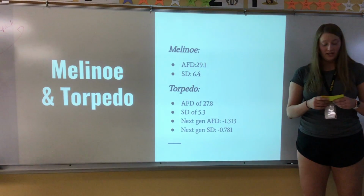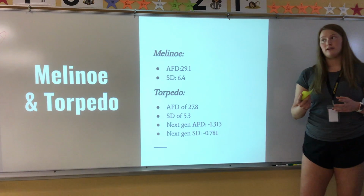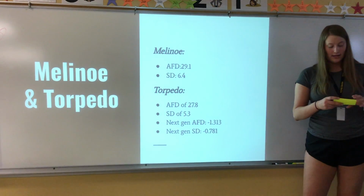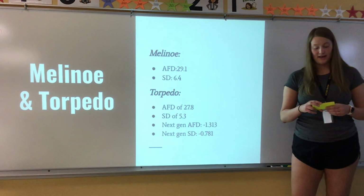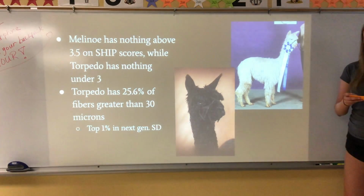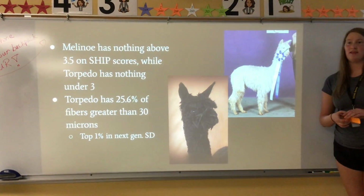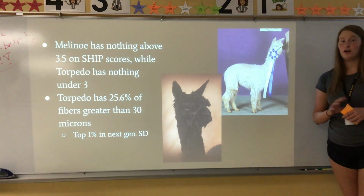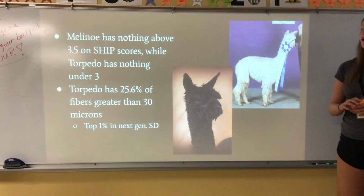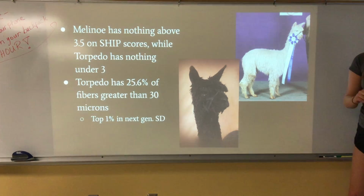Torpedo had really good standard deviation and average fiber diameter, very close to Zen, who we thought was our best male. He has really great next generation AFD and SD too, and he's in the top 1% of the next generation SD. He also had nothing below a 3 on his ship scores. Milano has a 0 on her uniform color, but we didn't think uniform color was something you had to worry about so much. It wasn't one of the deciding factors. Milano isn't the best, but hopefully most of Torpedo's traits will go on to the next generation and take over,